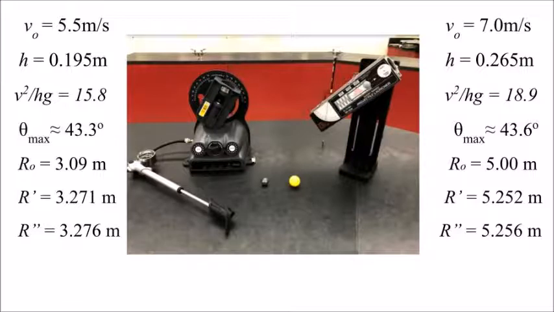What would happen if we included air resistance and launch height into the range calculation? Would they cancel out? Well, kinda, sorta. Again, that's the max range for a 5.5 meter per second projectile without air resistance launched at h equals 0. This is the range when the same projectile is launched 20 centimeters above the ground. This is the range when it's launched 20 centimeters above the ground and the angle is lowered slightly to 43.3